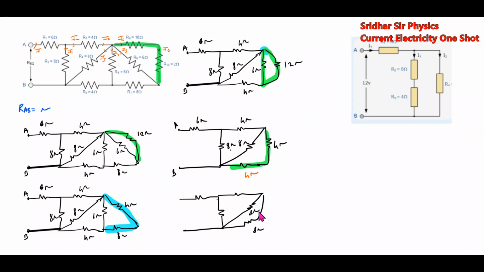8 ohm, 8 ohm, 4 ohm, 8 ohm, 6 ohm. This is A, this is B. Look at this 8 ohm, 8 ohm. They are in parallel. Effective will be 4 ohm. The next part of the circuit will be